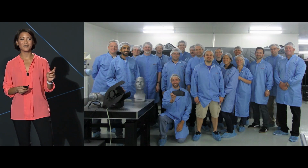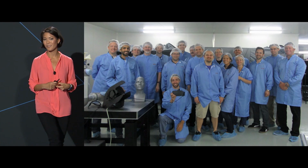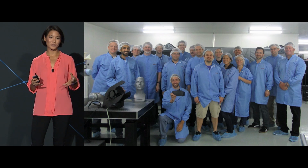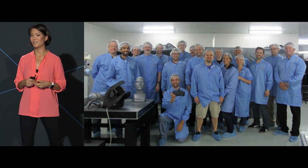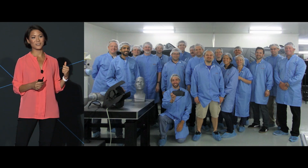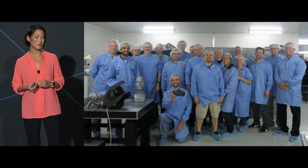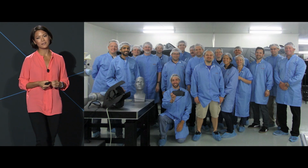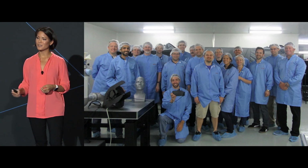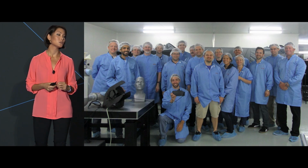Now behind me, you'll see a picture of many of the members of our incredibly talented hardware team. And here we are at the factory with all smiles on our face, with the very first Rift that came off of the production line. Now rewind 24 hours, we weren't actually all smiles during this build. Problems crop up. But we have teams and engineers that are so passionate about what they do and so invested in this new development process of wanting to do everything in parallel and to move as quickly as we could,